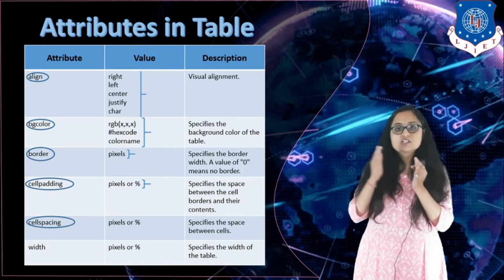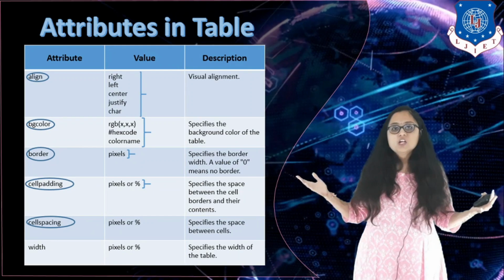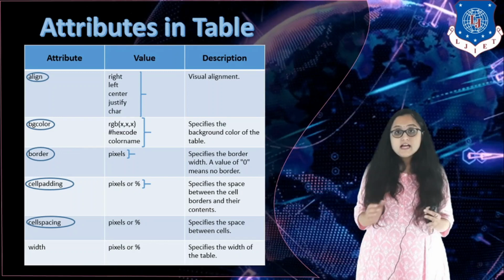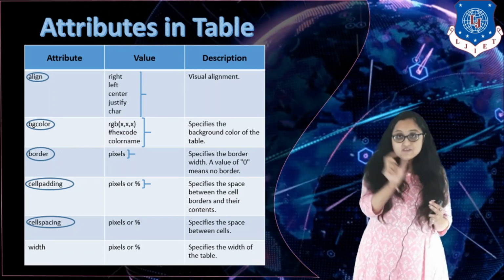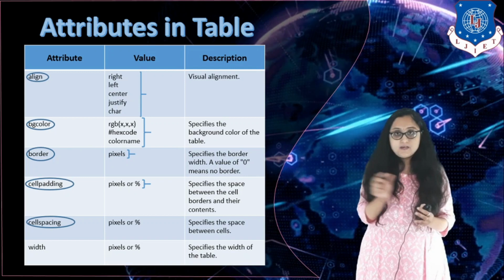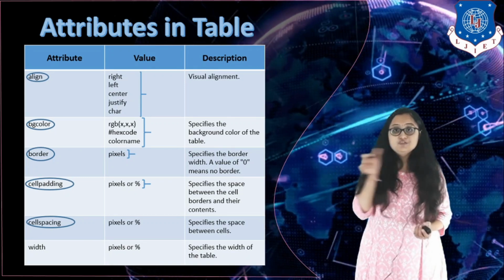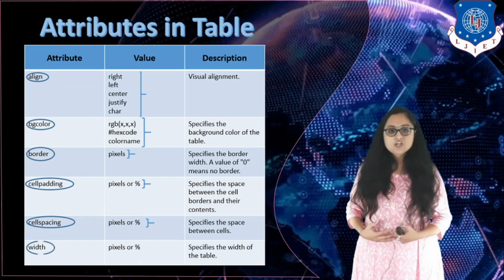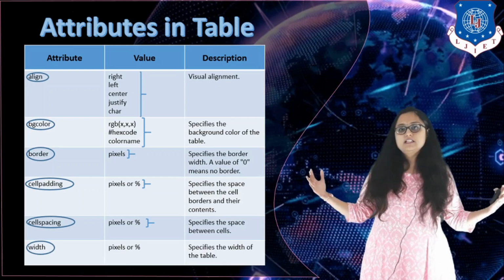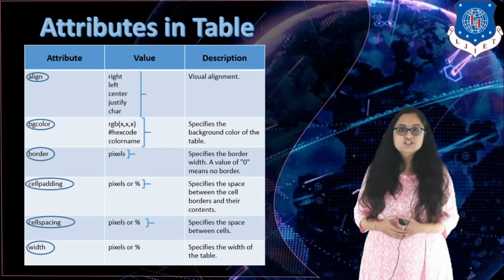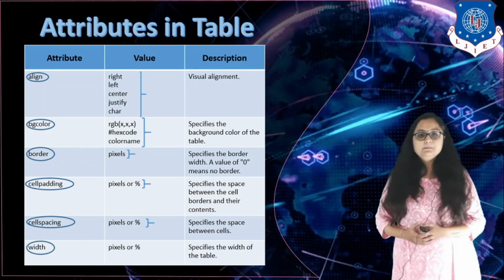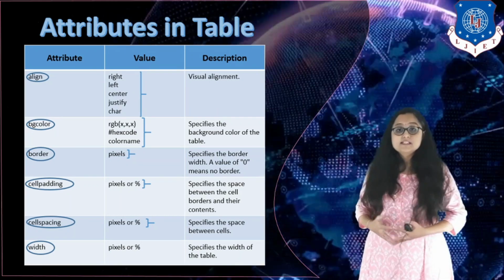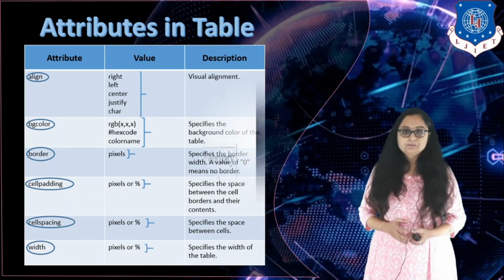Okay, so there is no space between cells by default, right? So they are closely aligned, but if you want your cells to have some sort of space, that is inter-cell space, some space between two cells, you can specify the cell spacing in pixels as well. And the last is width. You can specify the table width as much as you want, right? You can specify it in pixels or percentage. Also cell spacing and cell padding, along with pixels, you can specify in percentage as well, right?